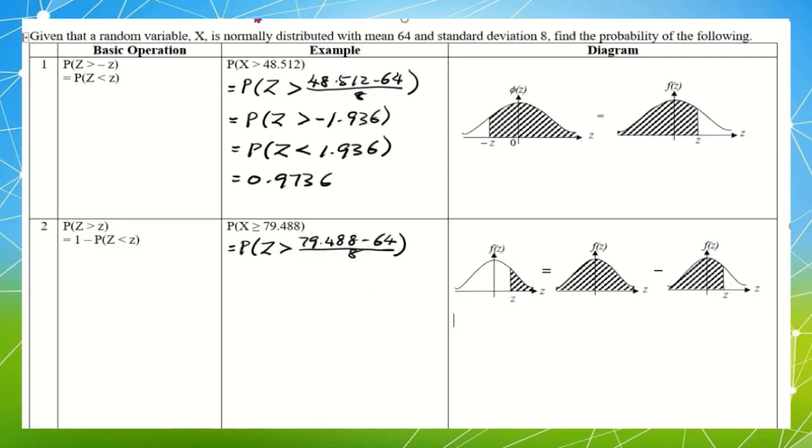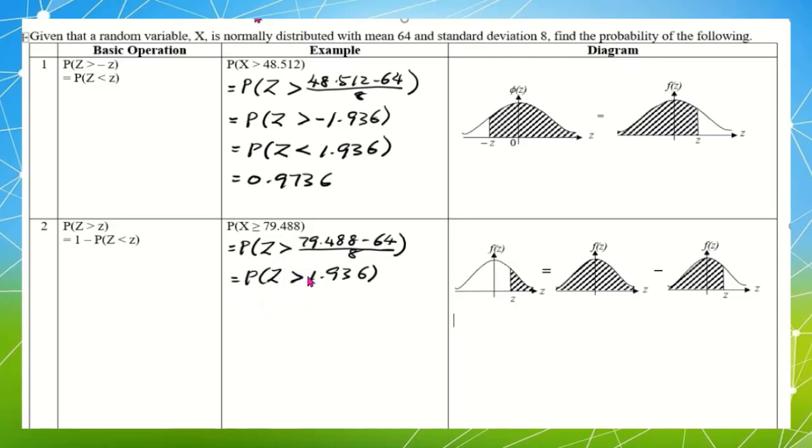After pressing calculator, I get the value positive 1.936. When I look at here, I notice that I'm not ready to use the table because the inequality here